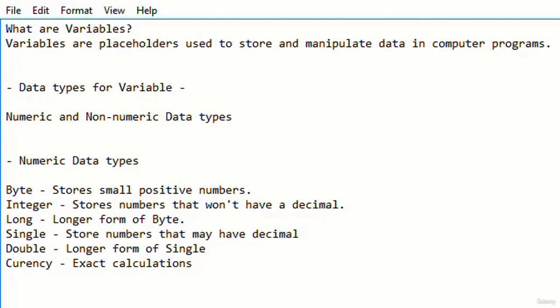Variable types generally fall into two categories, which are the numeric and the non-numeric variable types. The numeric variable type stores number-based data, while the non-numeric stores everything else. Now let's look at the numeric data types. The first one, we have the byte. The byte stores small positive numbers. We hardly use this when we're writing our VBA code because we mostly deal with bigger numbers, which leads us